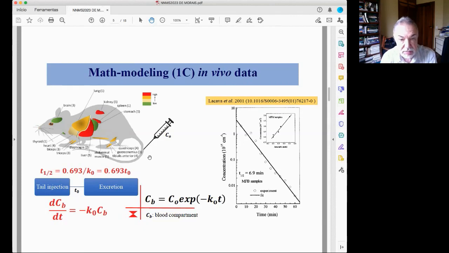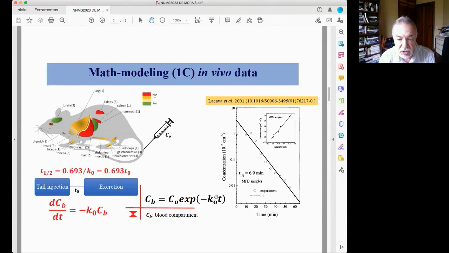And to describe this experiment, we can use a very simple mathematical model, which means the rate of decrease of the concentration of the nanoparticles in the blood circulation goes linearly with the concentration of the particles in the blood circulation. So this is a very simple differential equation you need to solve to find that the concentration of nanoparticles in the blood circulation goes exponentially with